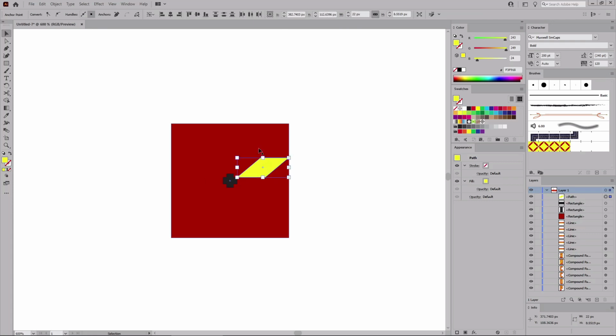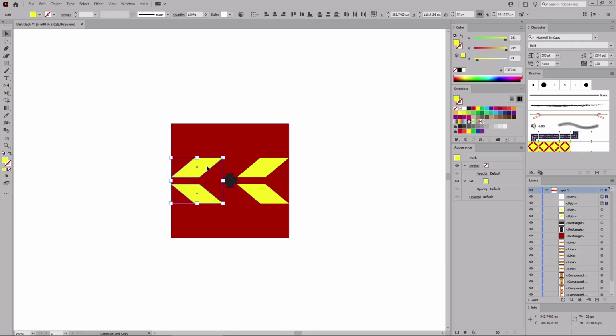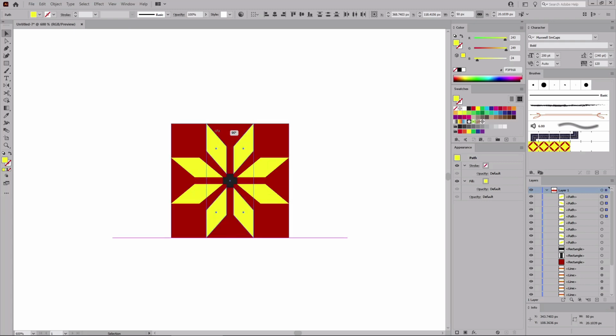Reselect the Move tool so you can drag a copy of this yellow shape in this exact location. Use the Reflect tool to flip this copy like this. And then reselect the Move tool so you can drag copies of these 2 yellow shapes in this exact location. And again use the Reflect tool to flip them like this. Finally, reselect the Move tool, select all your yellow shapes, press Ctrl C and Ctrl F to add copies in front, and rotate the copies 90 degrees, exactly like this.